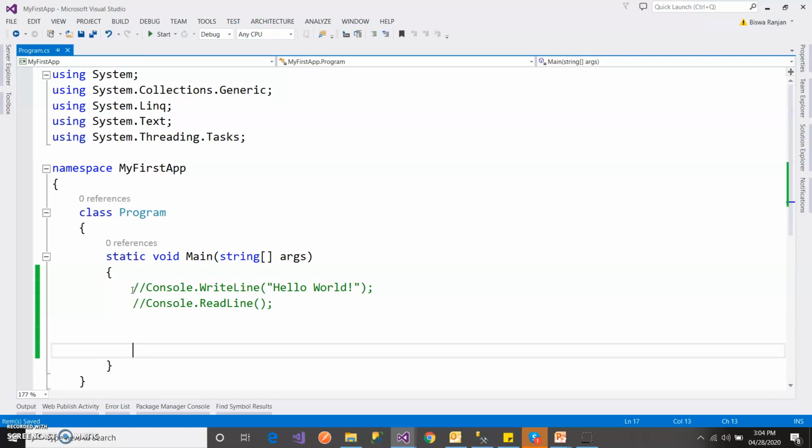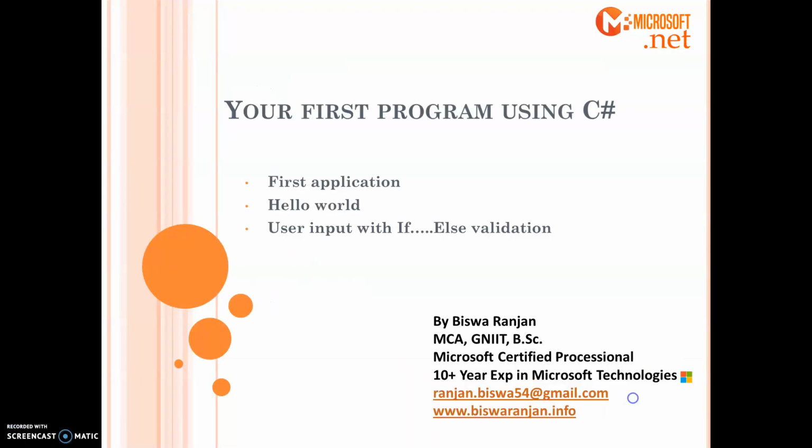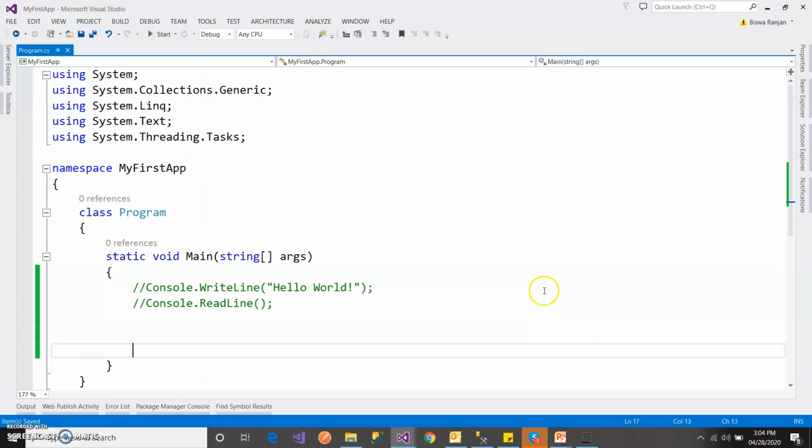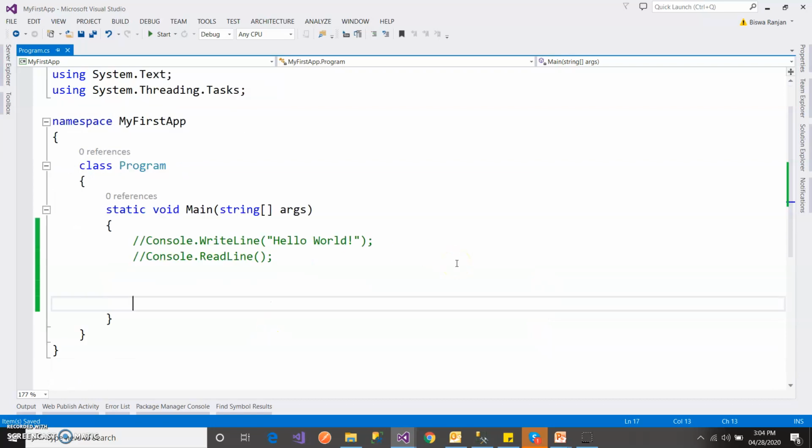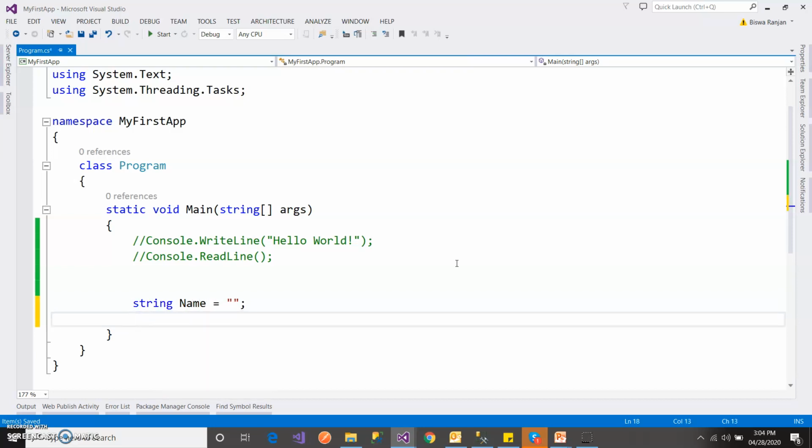So now in the next part we will see user input with if-else validations. We will take two inputs, one is name and one is age, and we will validate according to the age whether the user is eligible for casting his vote or not. So just like C++, string name equal to blank.